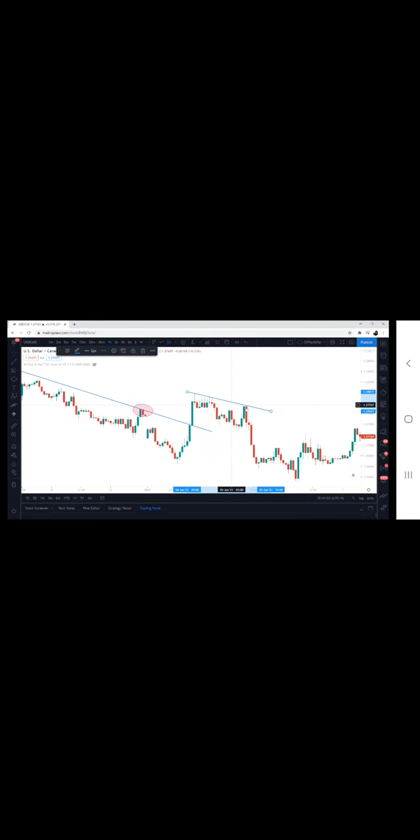Okay, 1, 2, 3 touches. So 2 to 3 touches, valid trend line. Okay, the market makes some movement here. Upside, uptrend, uptrend. So another thing that you should know about trend lines is that sometimes the market will do